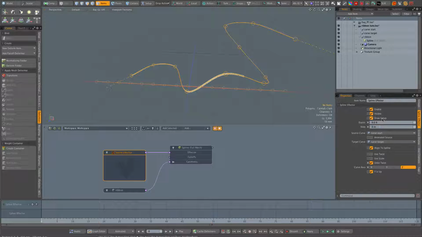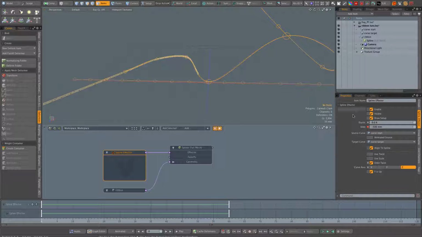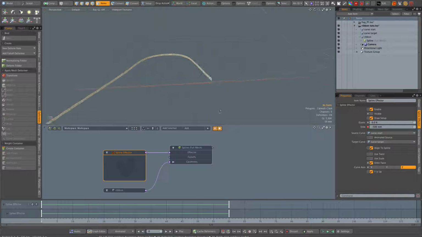So let's say we'll start at 0 here. Click on this circle to create a keyframe. We'll do one, like -0.5, for instance. And at 60 frames, we'll do 2. That would be too much, so let's do 1. All right. So when you have the animation, the ribbon follows. So that's well. Let's uncheck that because we don't need it anymore.